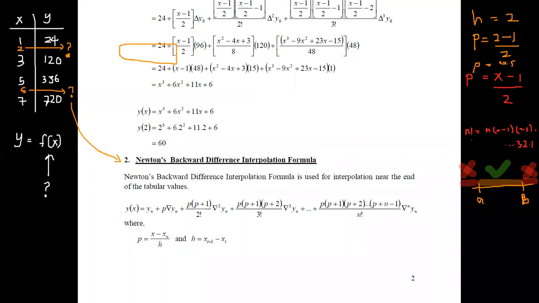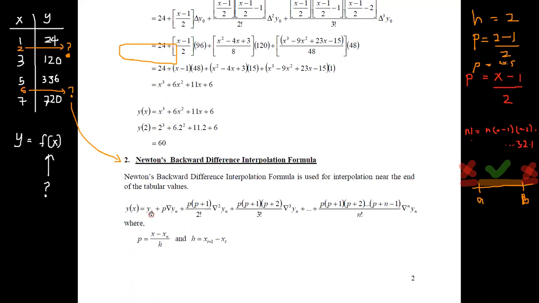Okay, now if you come back to Newton's backward differentiation technique, this is the equation we can use for Newton's backward differentiation formula. This equation can be used to identify the polynomial interpolation, actually the function which is used to interpolate the values. Therefore, you can obtain it using this equation. Here we are using yn. It is the nth value. It means the last value of the data set we are using.